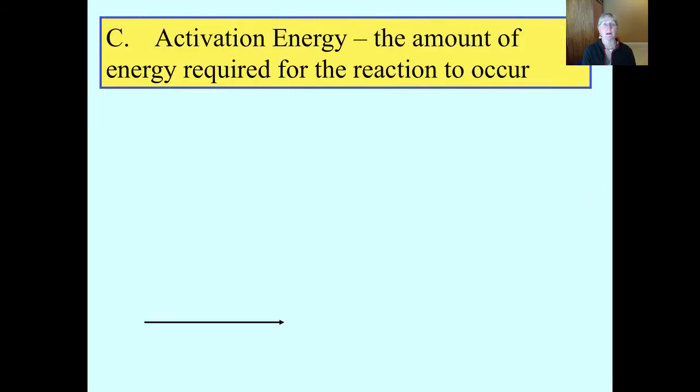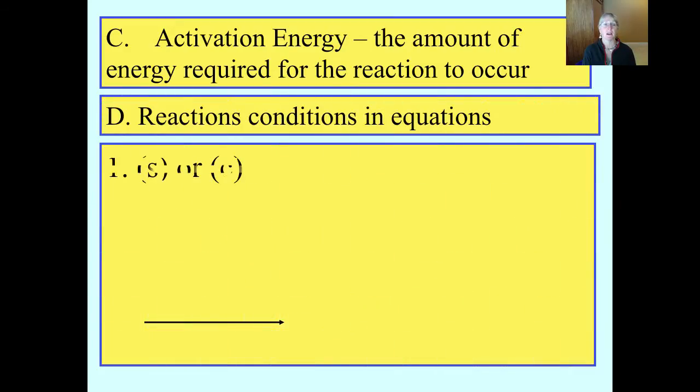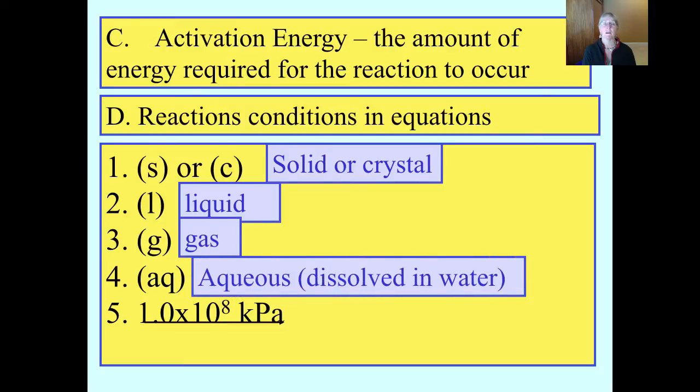Now there are many symbols that can also give us information about chemical reactions, and they can specify a number of things. If you see a little s, or it should be cr, not just c, to the bottom right of a substance, that stands for the substance being a solid or crystal. You already know l to the bottom right means your substance is a liquid. You've learned that g stands for a gaseous substance, and aq, or aqueous, means that something was dissolved in water. So those are fairly common symbols that tell us what is the form of matter, either on the reactant or